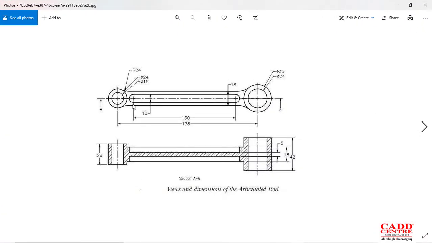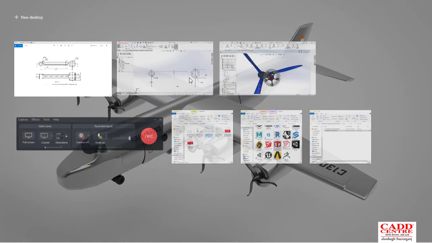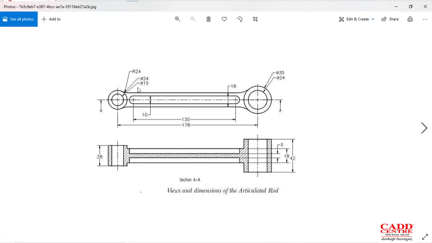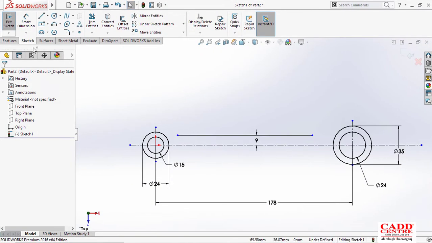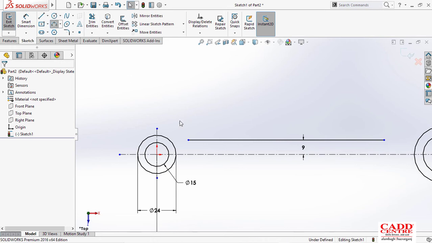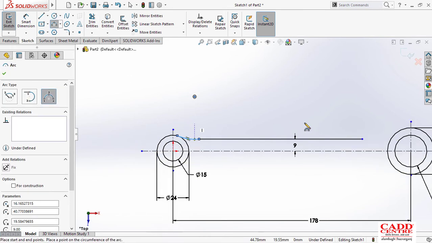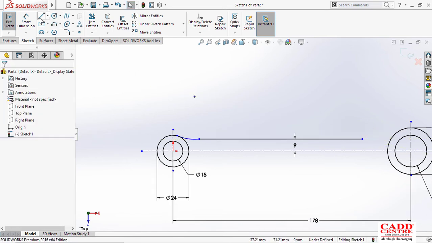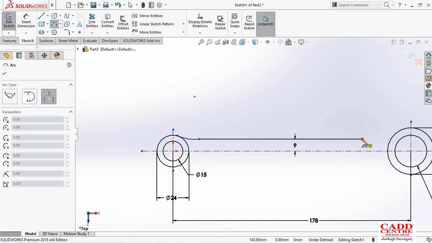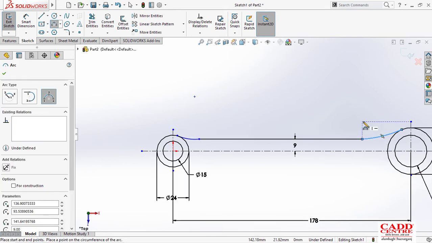They have given 24, and here also it will be 24. So let me check one more time. Okay, 24. So just touch one arc, it will be 24. Also this one and this one, it will be 24.